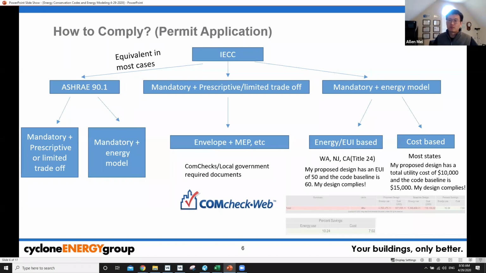So mandatory, I think a lot of people are confused. We often get asked questions like, do I have to comply with this mandatory provision if we do a performance-based path? The answer is yes. If you go to the energy code and you read it,